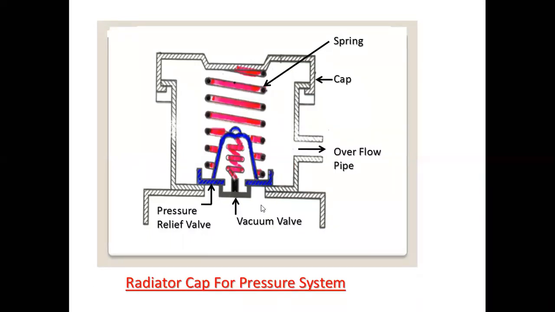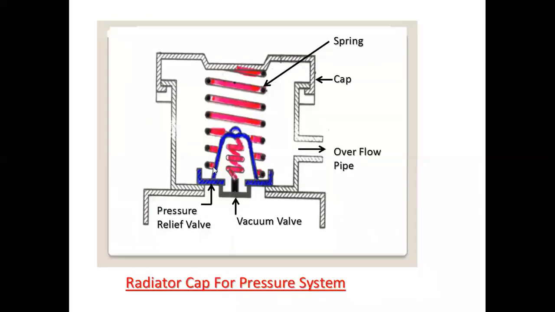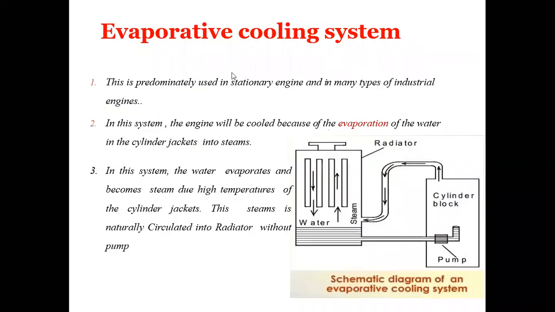Pressurized system: we just pressurize the water. Water is pressurized by sealing this particular system from the atmosphere. This is simply like a boiler. Whenever we heat water to produce steam in a boiler, we seal the boundaries of the boiler from the surroundings so that the pressure inside can increase. This is how we can increase the pressure, and on that principle this particular system works.